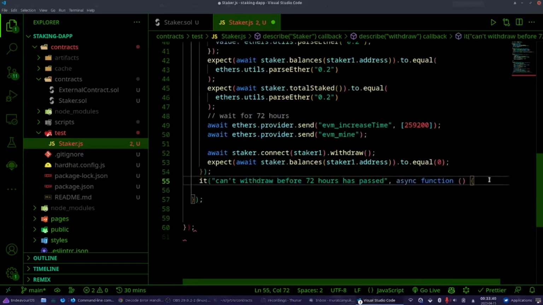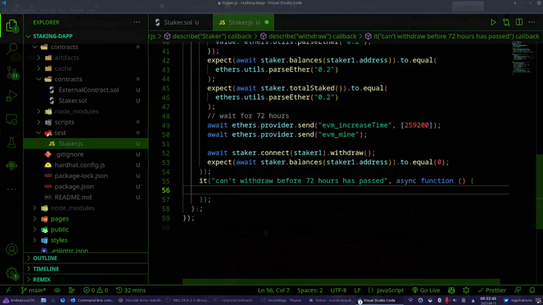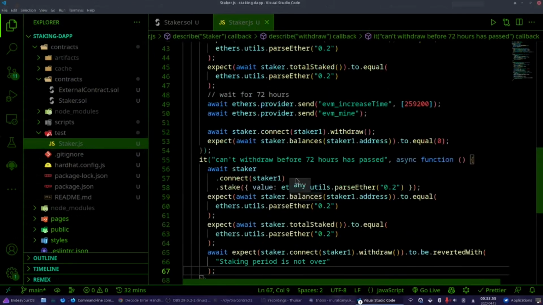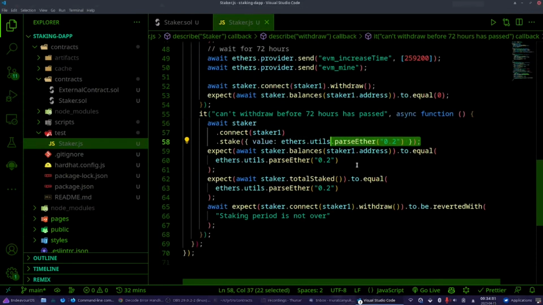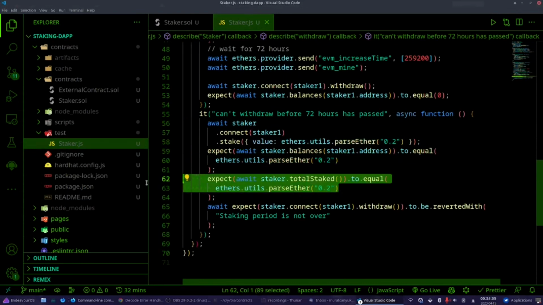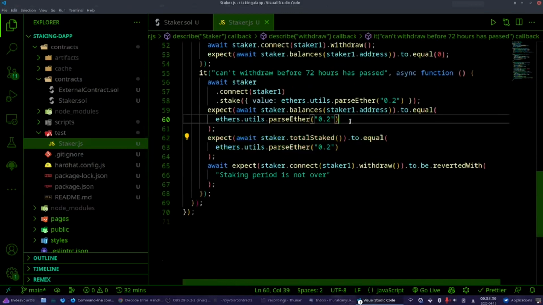The user shouldn't be able to withdraw until the required amount of time has passed. I'm gonna copy paste because this is basically the same thing we have done above. So you see, I have the staker contract. I connect with staker 1 and stake some money. Then I expect the balance to be 0.2 and total balance to be 0.2 because only one person put 0.2